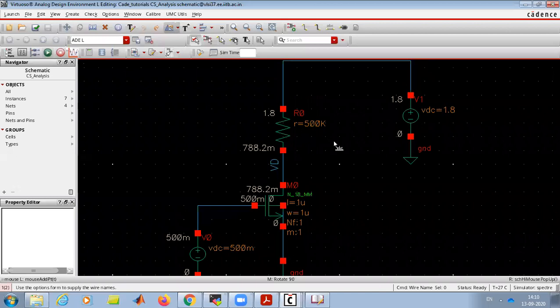Based on this VGS of 500 millivolt, a current is flowing, and due to that we see a drop here.